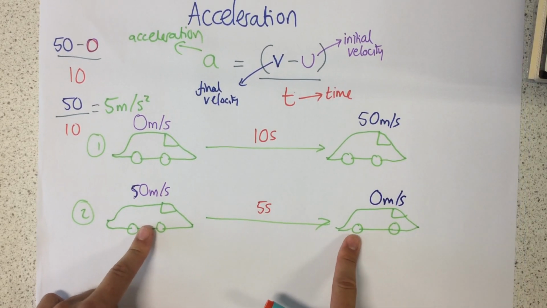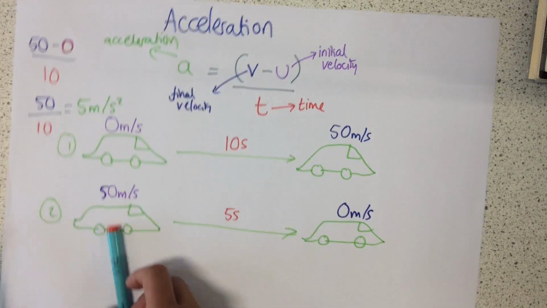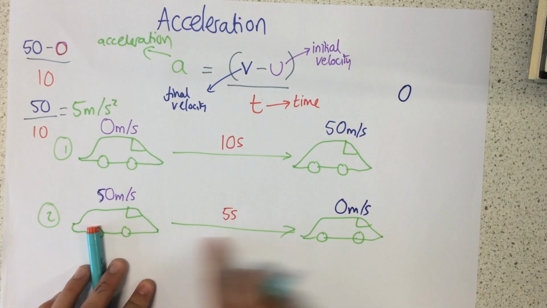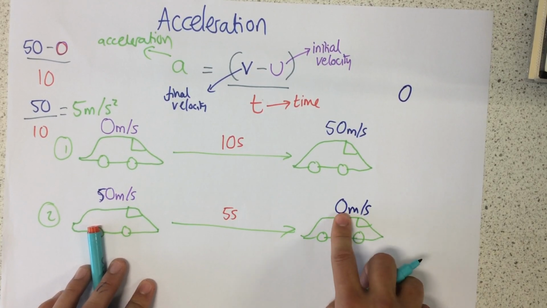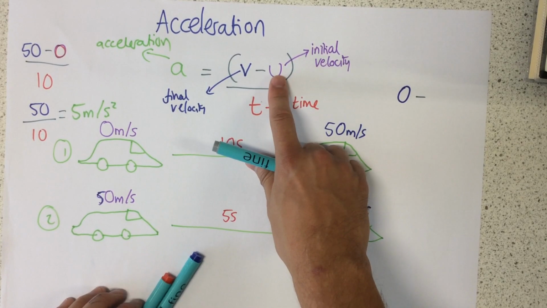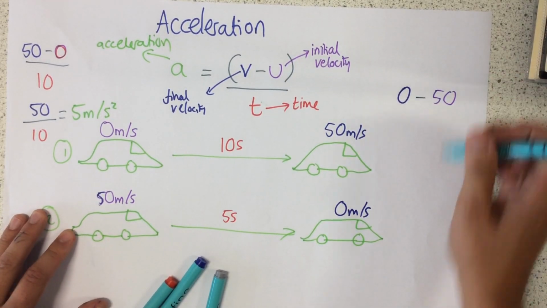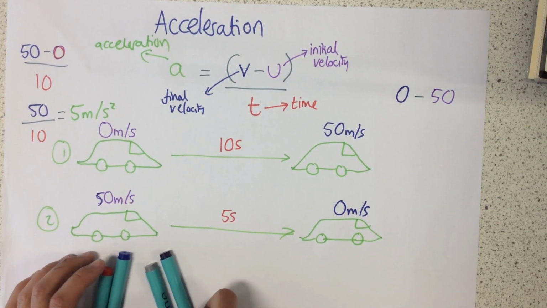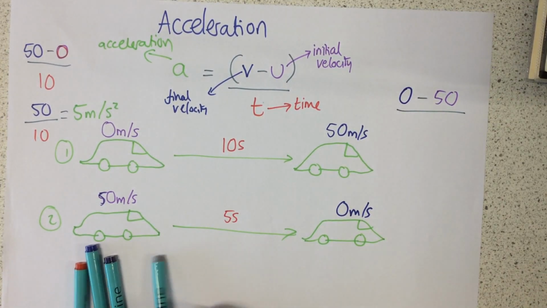Let's see how this changes our calculation. So our final velocity this time is going to be 0 because we've come to a halt. It's not moving, it's travelling at a speed of 0 meters per second. Our initial velocity, this car was travelling at 50 meters per second. And then we're going to divide that answer by how long it took the car to brake, which is 5